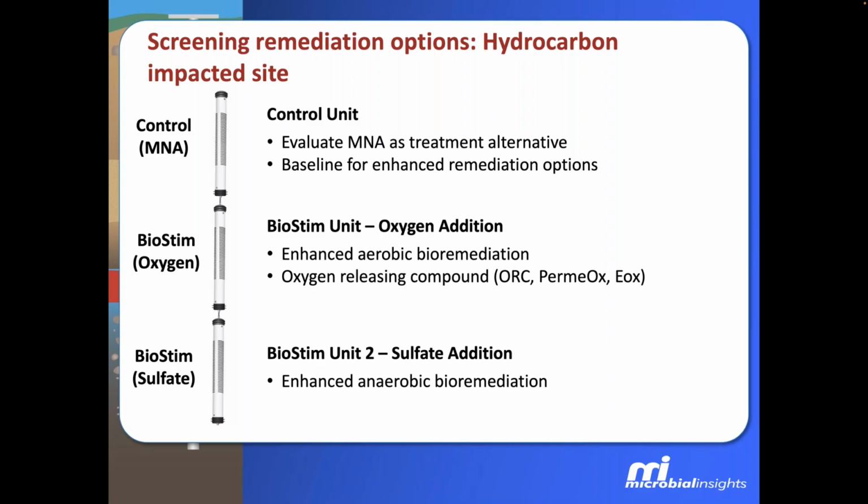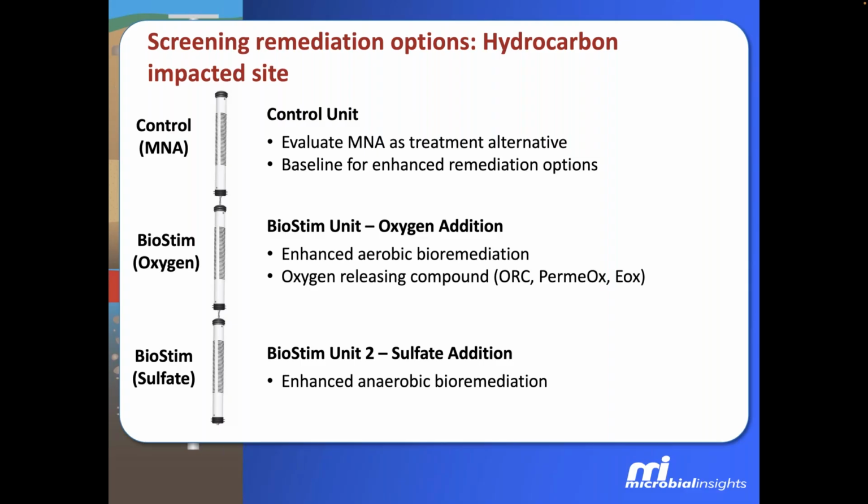So basically we're making oxygen available, or we might have another treatment option that's shown here, the BioStim, where we might be providing sulfate, for example, as a terminal electron acceptor. So the objective here would be to compare the effects of aeration, or making oxygen available from an oxygen release compound, to using sulfate as a terminal electron acceptor, and comparing that to the absence of those